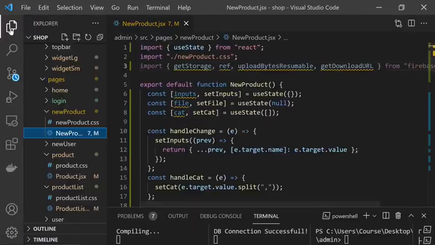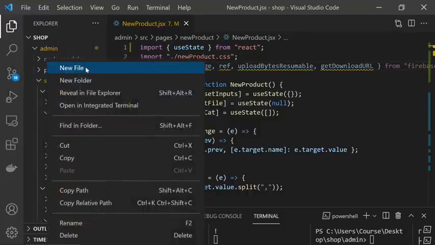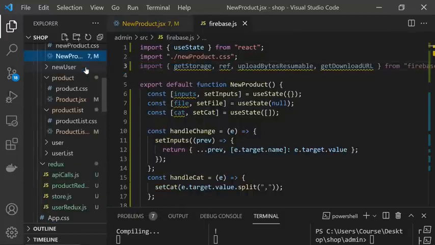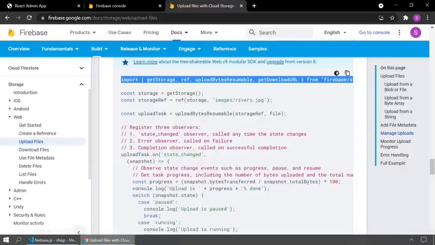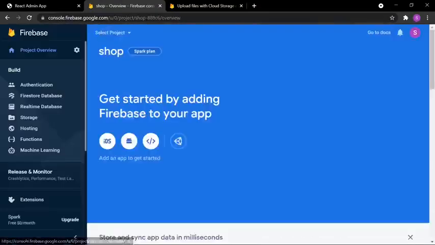By the way, I'm gonna create firebase.js. Firebase.js, and it's gonna include all our Firebase configuration. But before, I should import Firebase library. Let's say yarn add Firebase. And during this process, we can initiate our Firebase application. So I'll say continue,